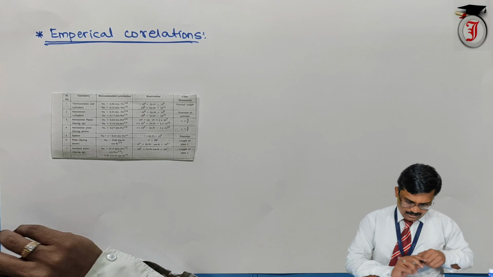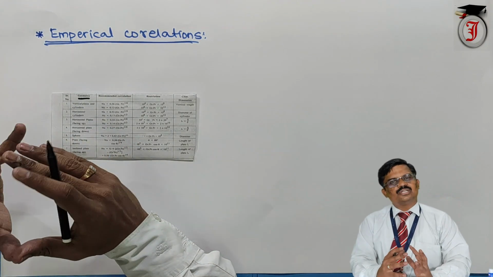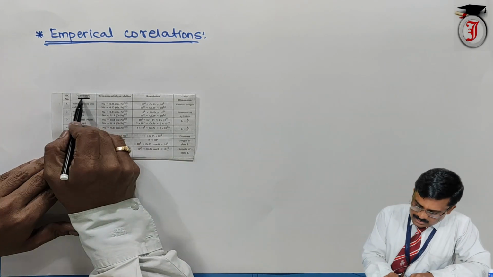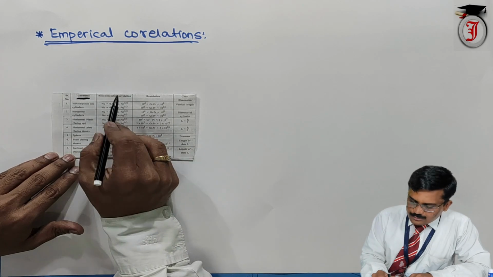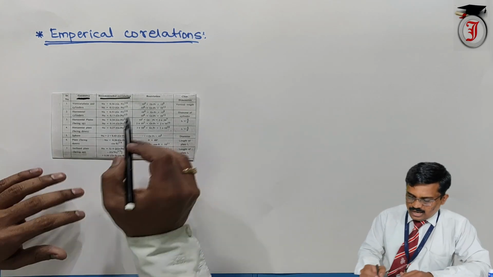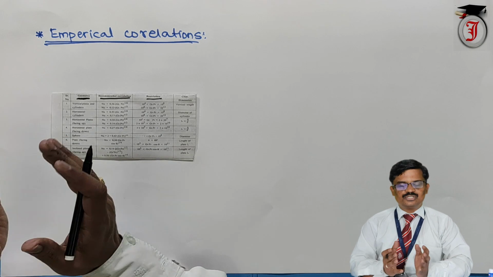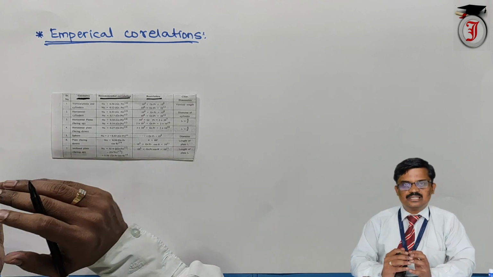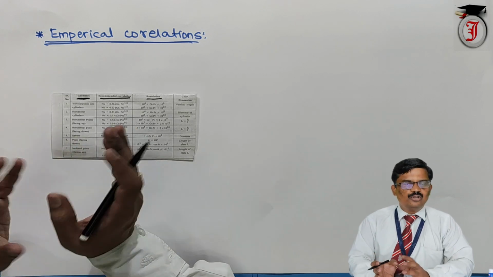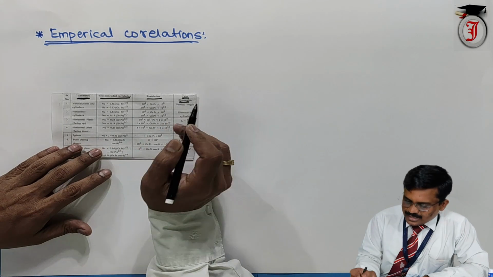In this table the first column is geometry. Natural convection depends on the geometry and its orientation. Then the different correlations used for that particular geometry are given in the second column, and the restriction means the value of the Grashof number or Rayleigh number; depending on that value we have to use different correlations. And an important term is characteristic length.